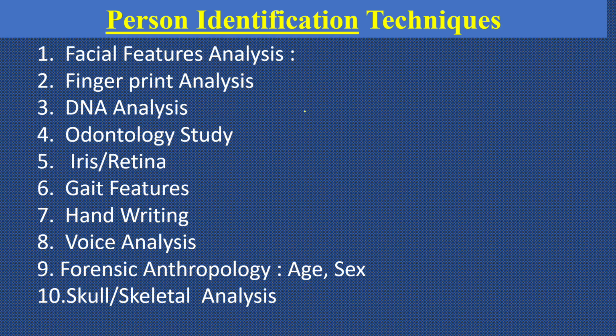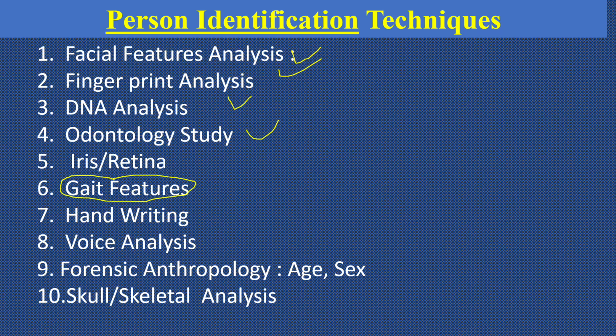There are various techniques like facial features, fingerprint, DNA, odontology, and so on. And in the previous video, I described in detail the gait features analysis based on the footprint, because the